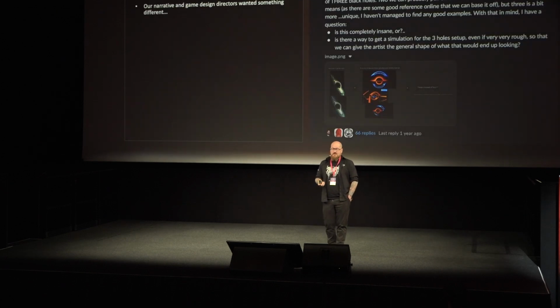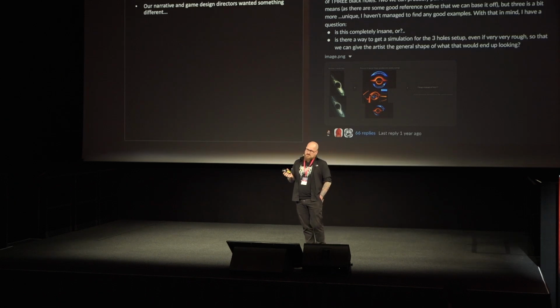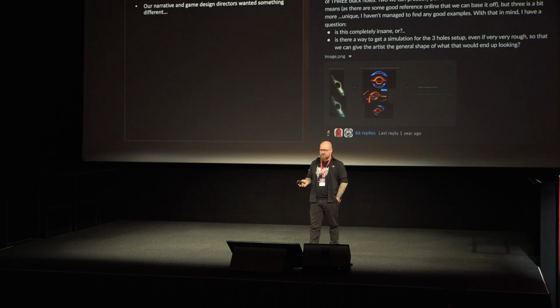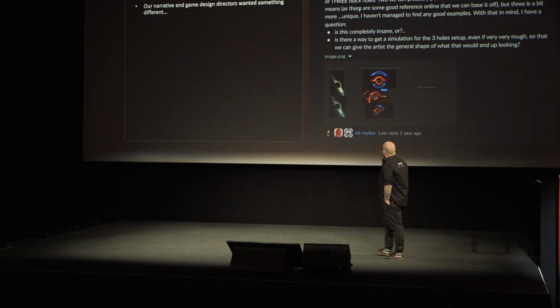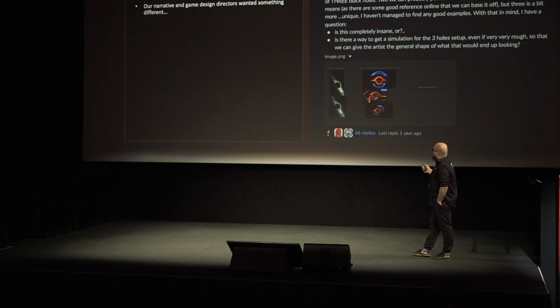But our narrative and game design directors, and actually our CEO, wanted something different. They thought that a single galaxy was a bit too vanilla, and the initial idea came from this Slack message. CCP Maximum Cats asks me, CCP Relativistic and CCP Wizard, or tells us, that there is this idea going on to explore a key art with a trippy gravitational lensing overlap of 3 black holes. At this point, he also realizes that 3 is kind of out there. He says 2 we can probably pull off, yada, yada, yada, but 3 is a bit more unique. I haven't actually found any good examples online.